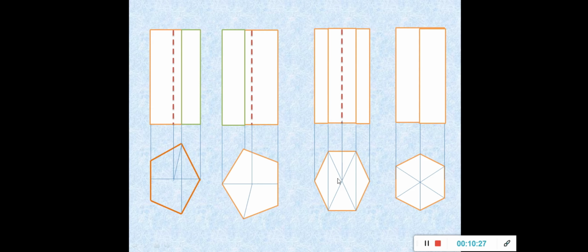Again, I need to find out the center here. How to find the center of a hexagon? Join 2 diagonals here, so the intersection is the axis line projected. So get this axis line here. But here it is not the same. Why? I'll let you know. You have got 1 corner here, 1 corner here, 1 corner here. Basically 3 edges. So this axis line is behind this edge here, and that is why I have not represented the axis line here. Instead, there is a visible line. So we have got 3 visible vertical lines here.